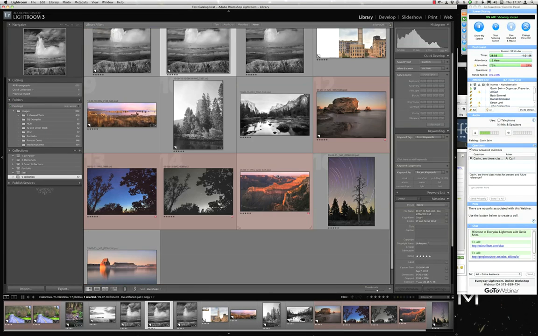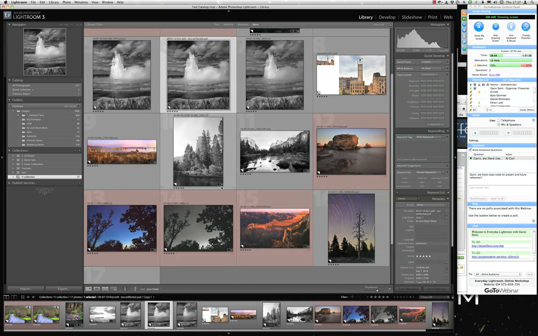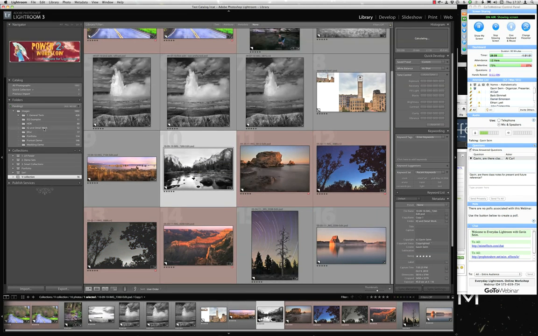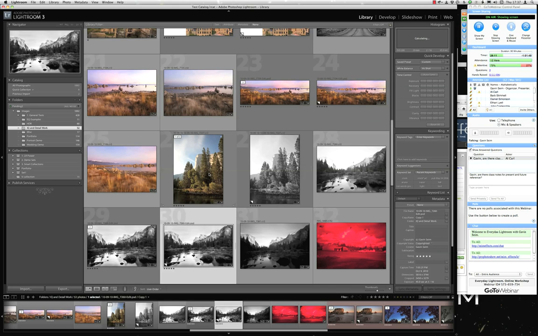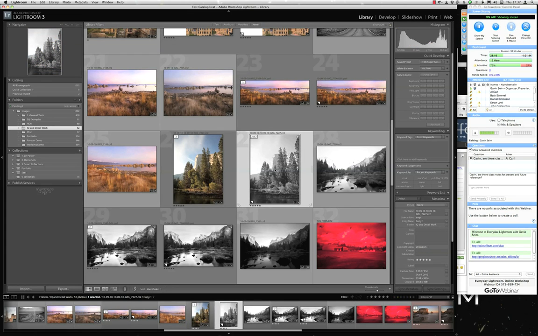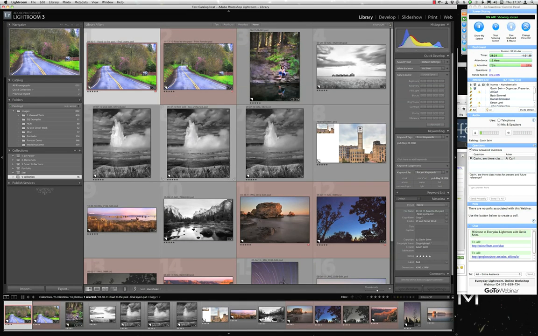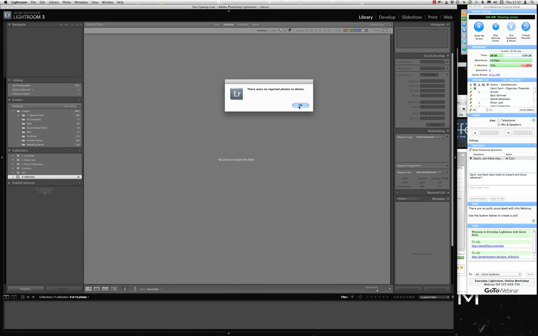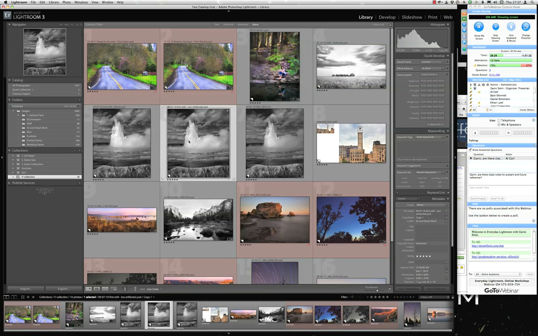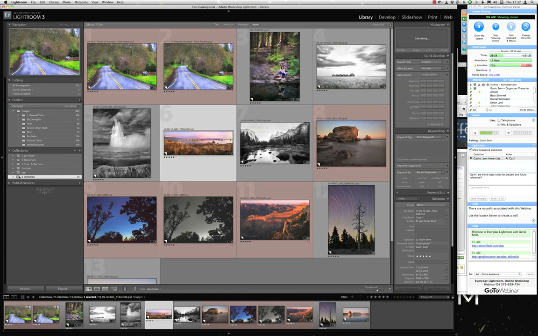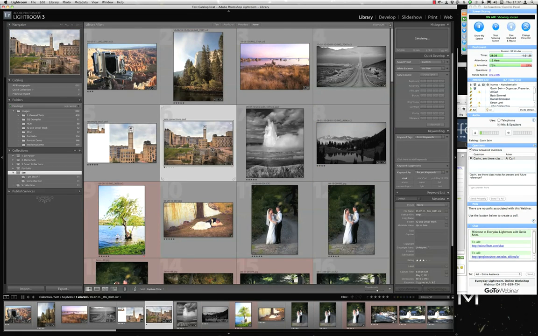But if I go in here and I delete that virtual copy we made, okay? Boom. Now go back to this folder. And it's still there. Why is that? Okay, so when you delete something from a collection, you're not deleting a file. Whoopsies, my mistake. Okay, if I hit delete, I'm removing them from a collection. I'm not deleting the file. The same goes for original files. If I take this out of this collection,